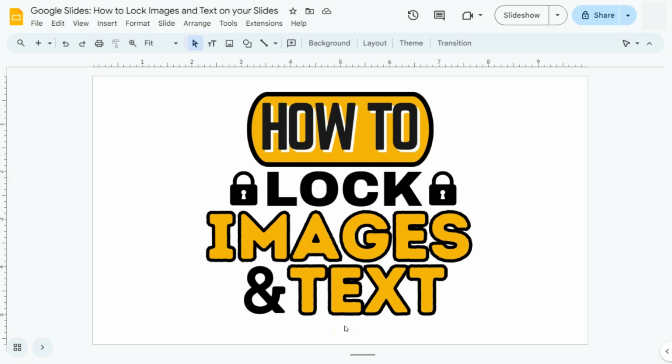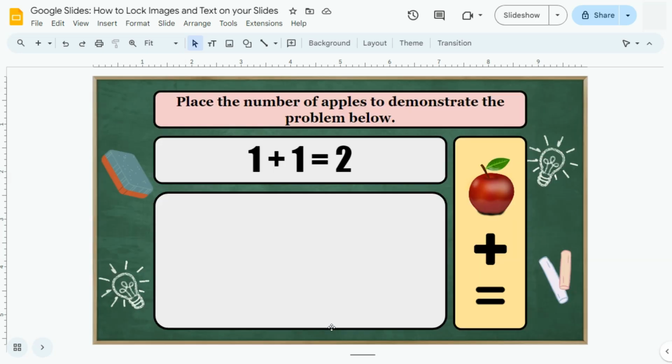In today's video, I'm going to show you how to lock images and text on your slides here in Google Slides. So in a previous video, I've already shown you how to make fun drag and drop activities with this example slide right here. I've just added some additional images at the side, but it's basically the same thing. And if you're trying to create these drag and drop activities, you want to make sure that when your students do these activities, they won't be able to click on anything else but the interactive elements like these ones right